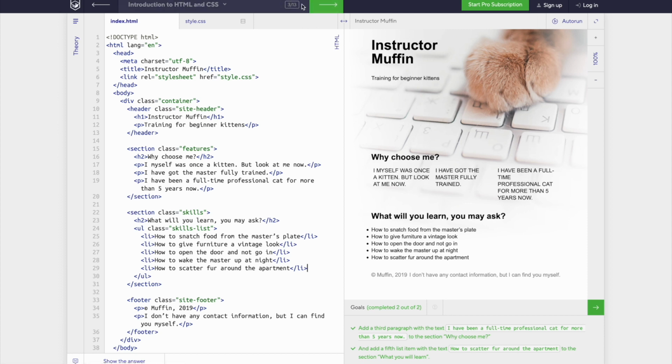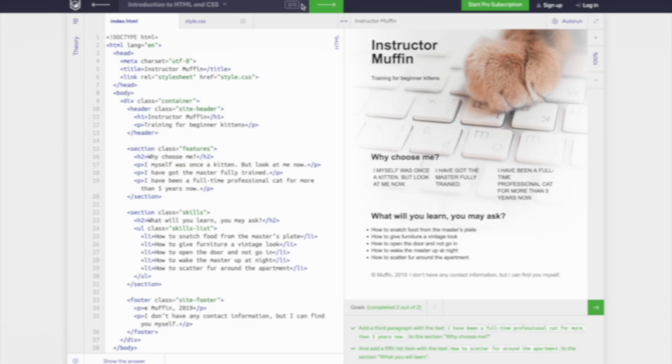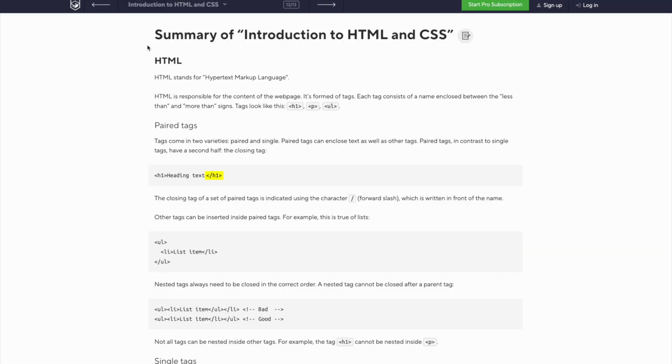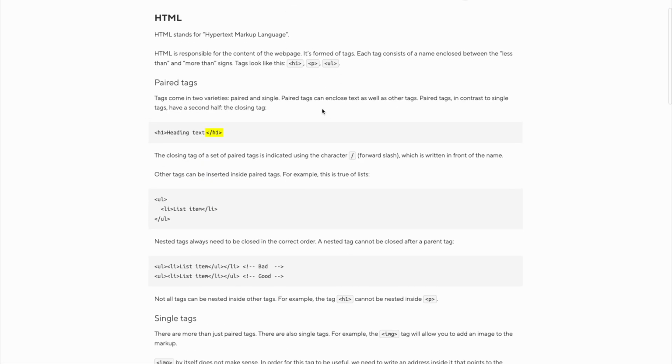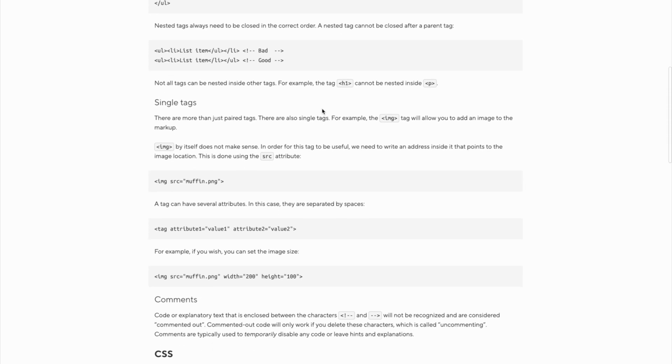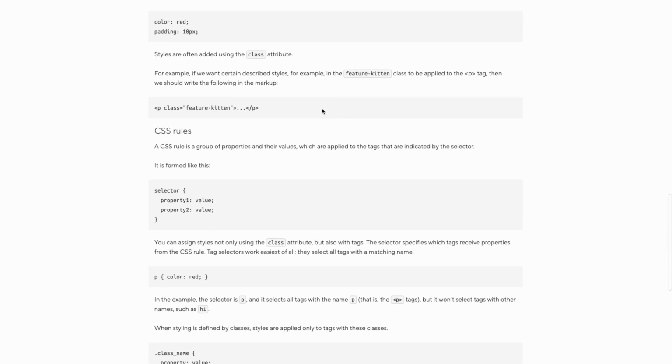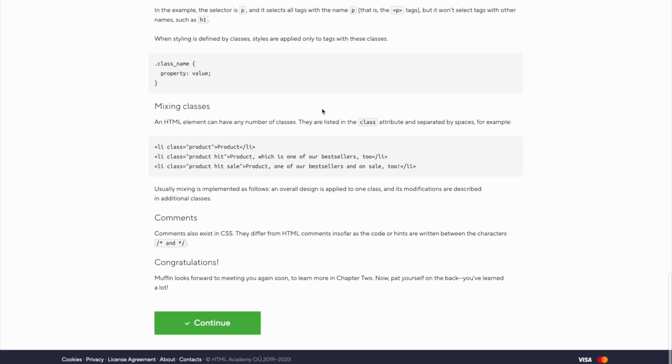However, you should complete the entire interactive tutorial yourself so that you'll be able to guide your students if they are stuck or if they are uncertain of exactly how to reach the goal. And at the very end of it, they will also have this very helpful summary of their introduction to HTML and CSS that has all of the information that has been covered. And hopefully by the end of this lesson, your students have a basic understanding of web development, and maybe this will help them see if they'd like to have a career in the field or even pursue this as a